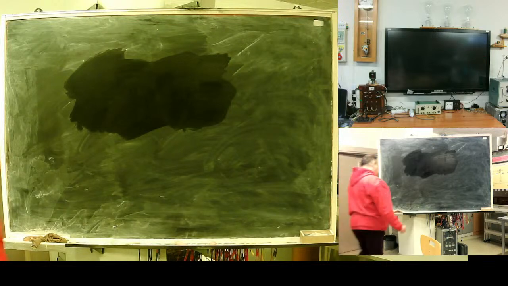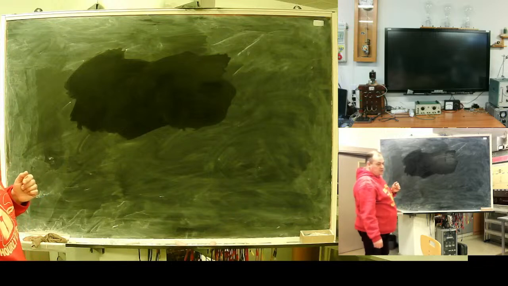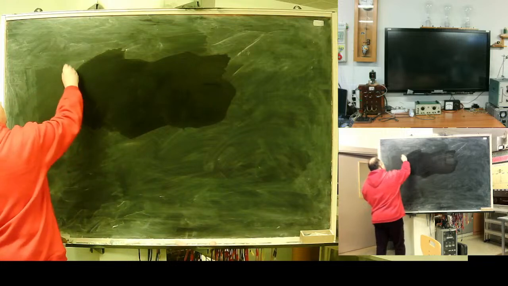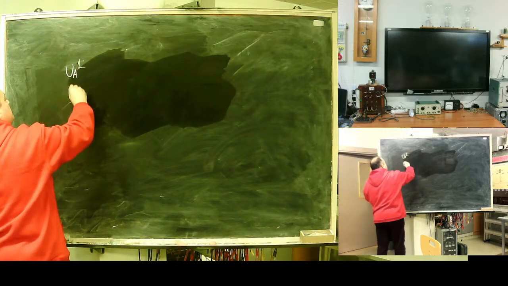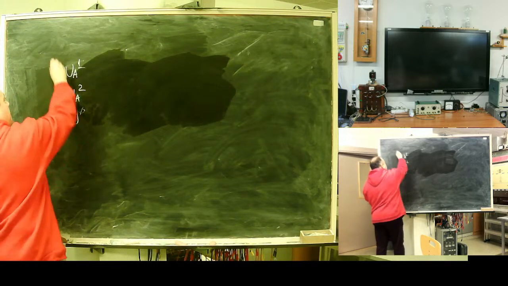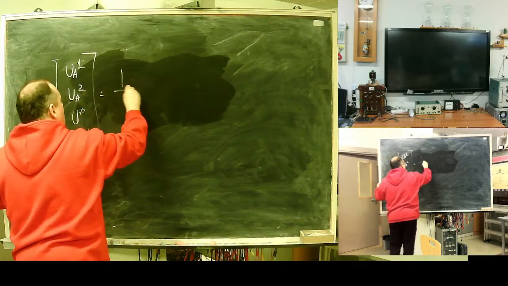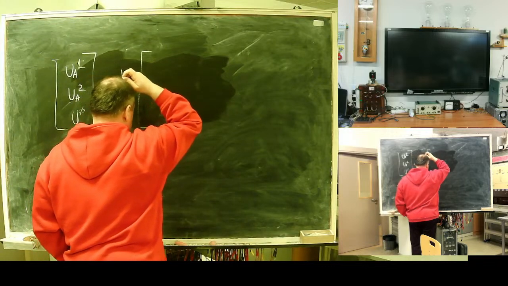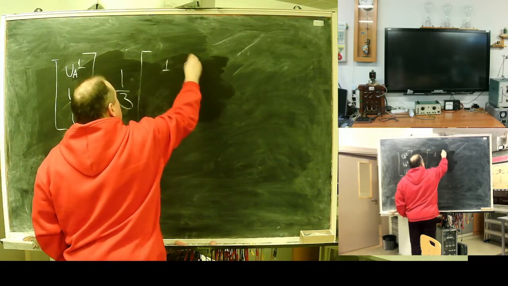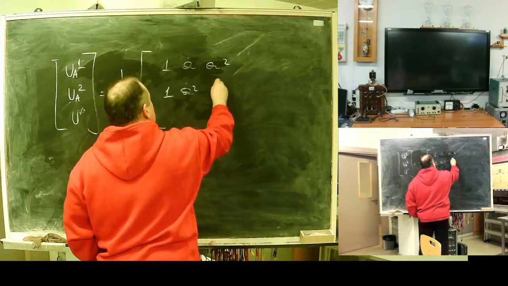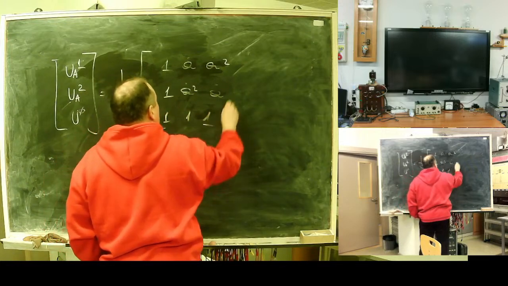But what I'm willing to write? Yeah, I'm willing to write Fortescue transformation. U direct sequence, U negative sequence, U0, equals 1/3 times matrix with 1, a, a squared; 1, a squared, a; 1, 1, 1